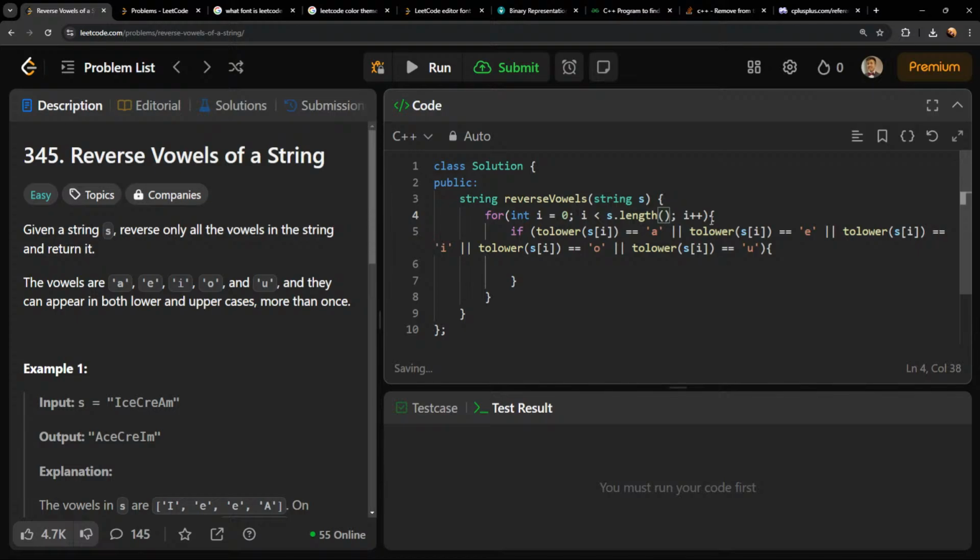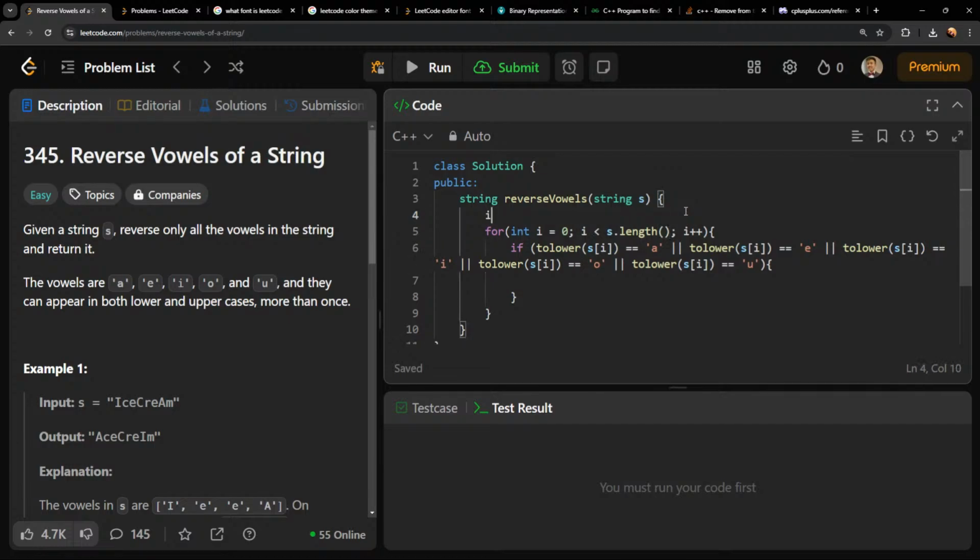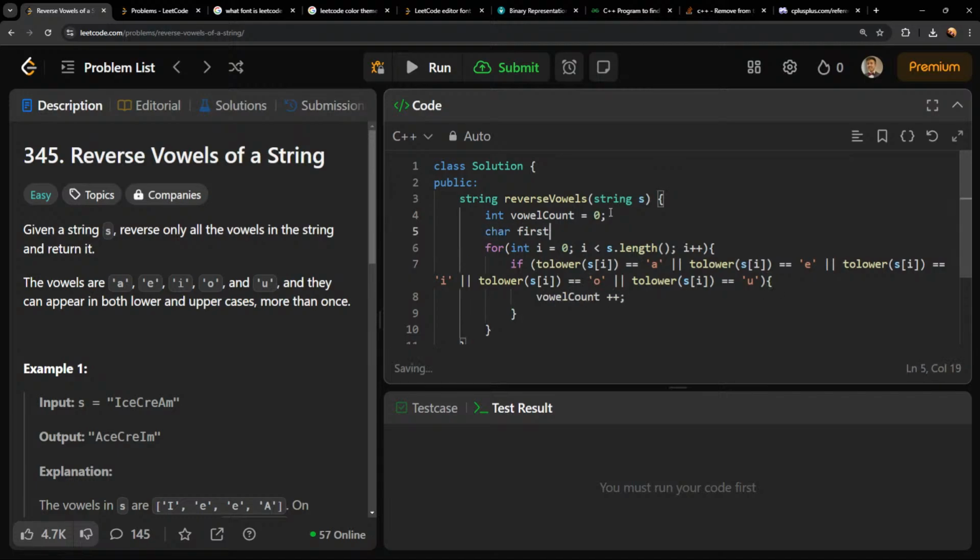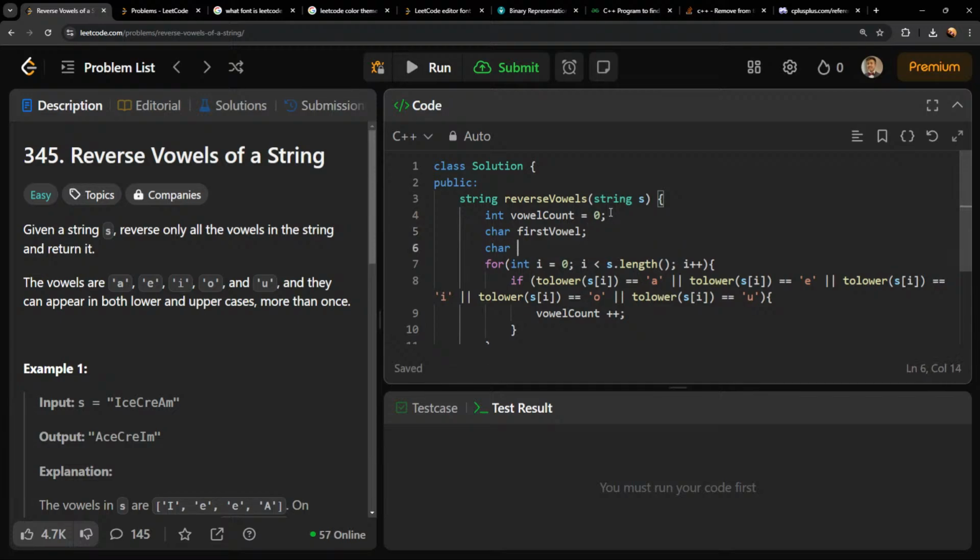Then swap. Then vowel count plus plus, char first vowel, char